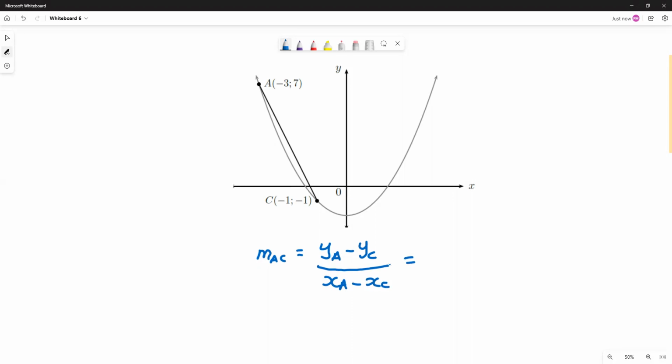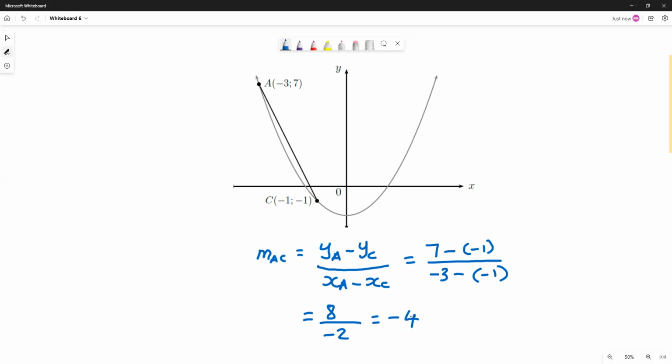Now we're going to substitute. Y on A is 7, so I'm going to put 7, and then there's a minus. Y on C is -1, so we have -1, all over X on A, we can see that is -3, and then we're minusing X on C, which is -1. And then let's see what this gives us. This is going to be 8 at the top. Then the bottom is going to be -2, which is